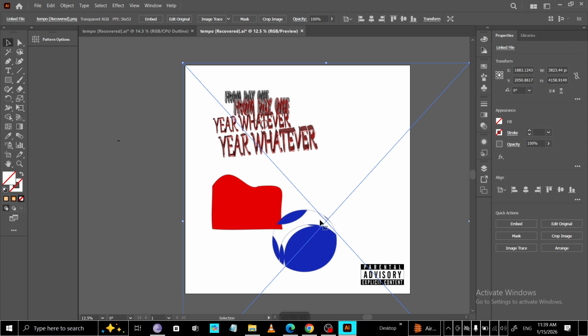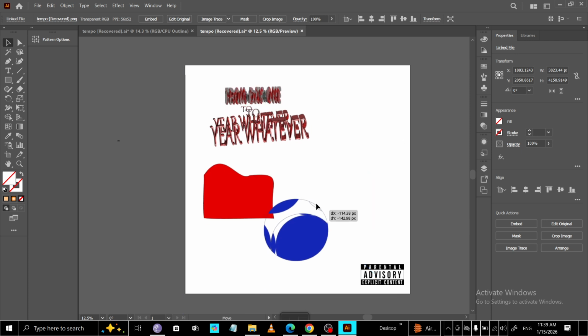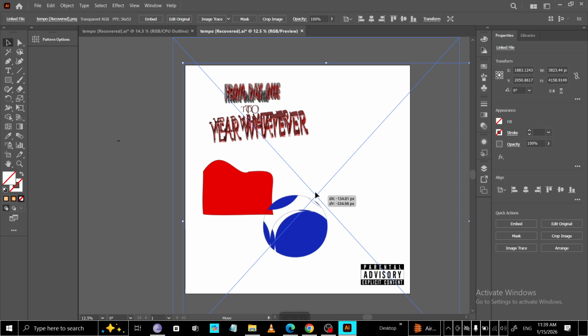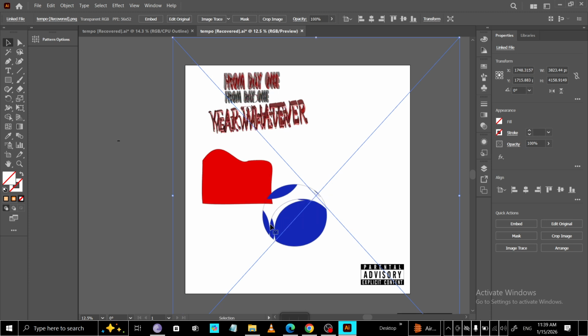Remember, linking is great for keeping files lightweight and updatable, while embedding is best when you need a portable, all-in-one document. Keep your linked images in a consistent folder alongside your project if you chose the link option. With these basics, you can place images